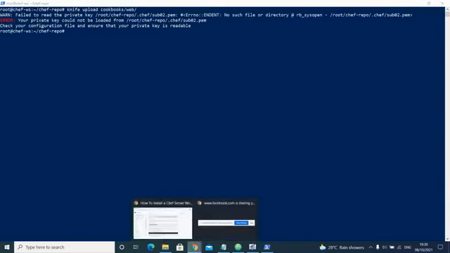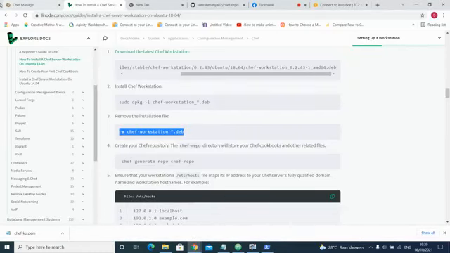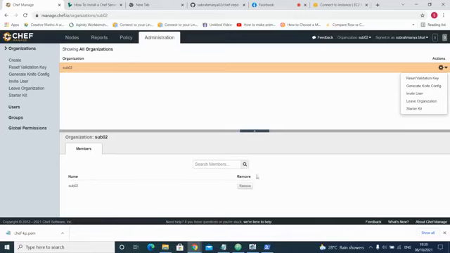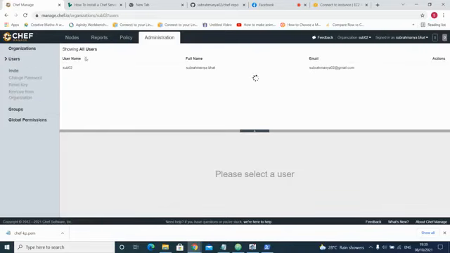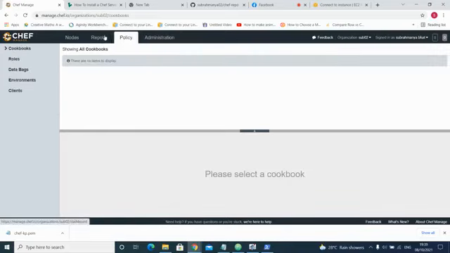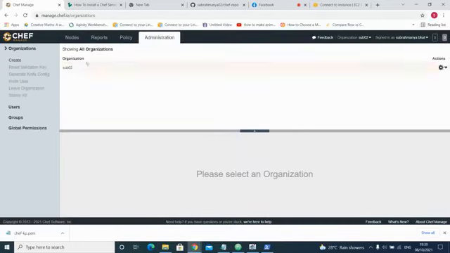There is some issue with the key, so I will come back to my hosted Chef server, and what I have to do is recreate the key. Policy, nodes, administration.